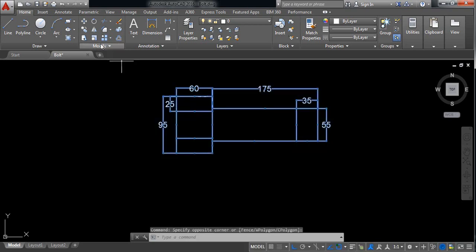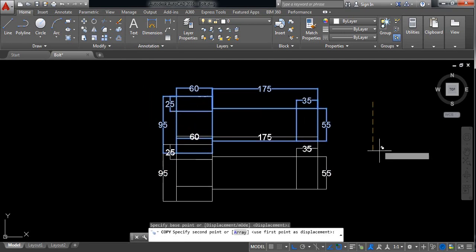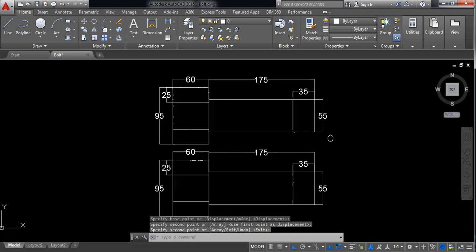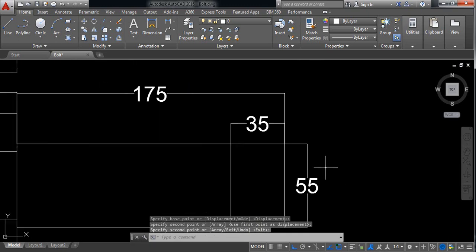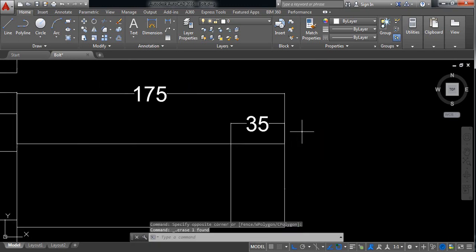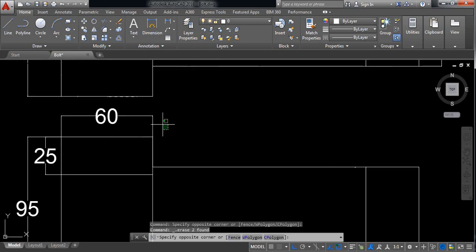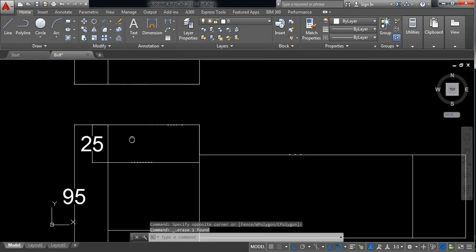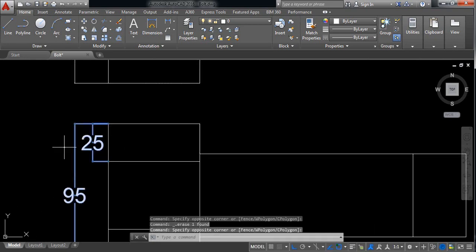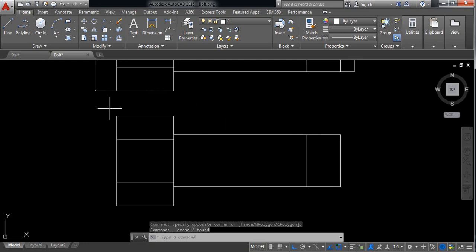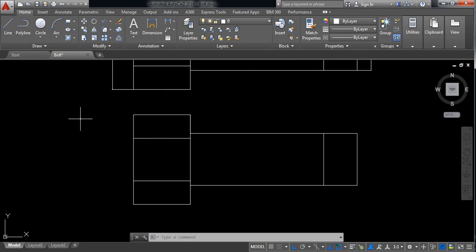Now select and copy, just paste here. Okay. Enter. Now I don't need the dimensions, so just delete the dimensions. Delete. You can now delete the dimensions. Okay. Now this portion I will convert into a bolt, and for this one I first select rectangle,